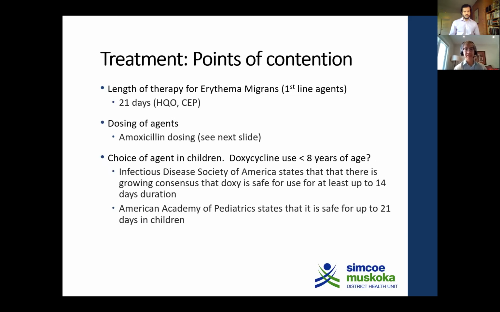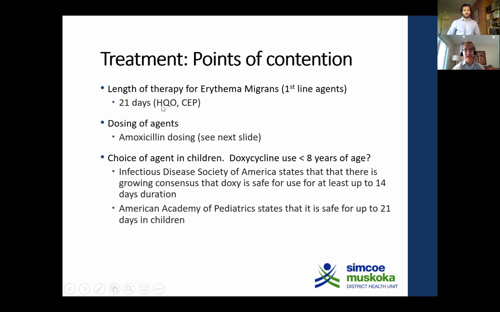So let's look at the... I mislabeled this as points of contention, more so points of slight difference. For erythema migrans, or early localized infection for the first 30 days, 21 days seems to be the